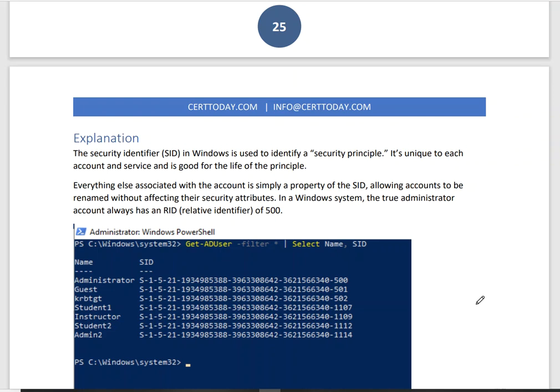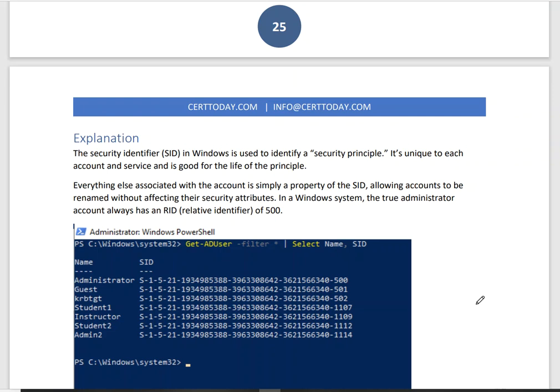The security identifier, or SID, in Windows is used to identify a security principal. It's unique to each account and service and is good for the life of the principal. Everything else associated with the account is simply a property of the SID, allowing accounts to be renamed without affecting